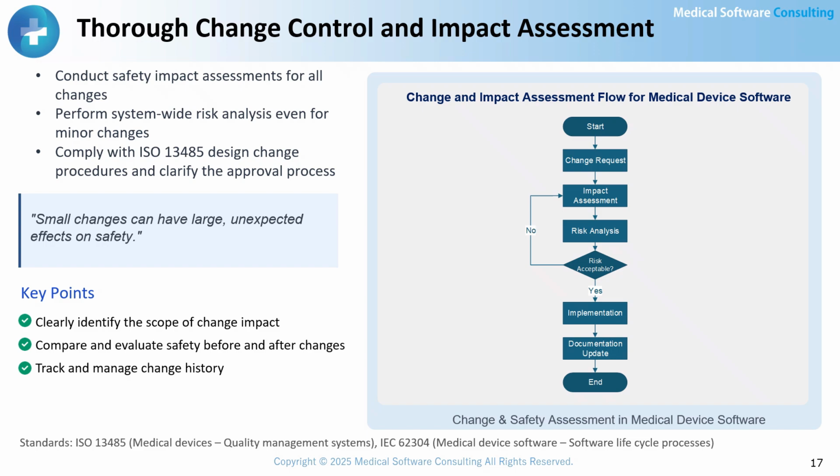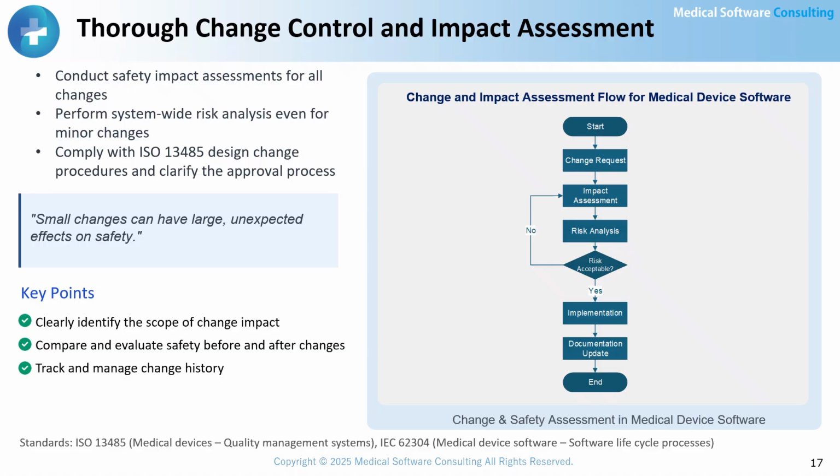After the accidents, AECL applied patch-like fixes to the software. However, because they proceeded without identifying the root cause, further accidents occurred. This is a classic example of failing to conduct a comprehensive safety reassessment during change management. IEC 62304 mandates a structured change management process, including a required safety impact assessment for every modification. Likewise, ISO 13485 requires documentation and traceability of design changes, meaning that even a simple bug fix must be re-evaluated